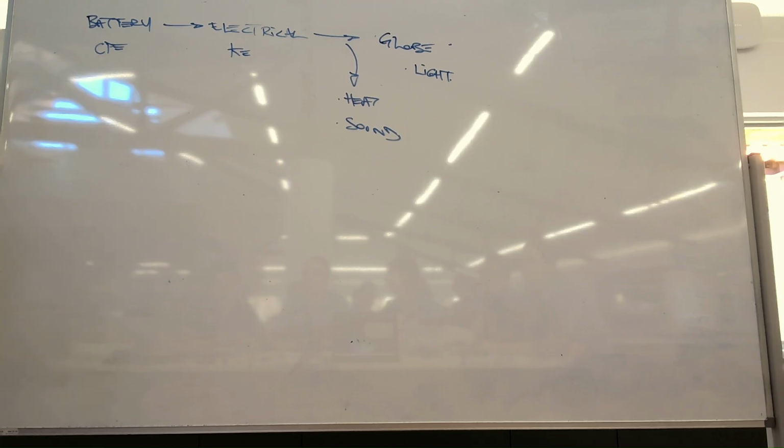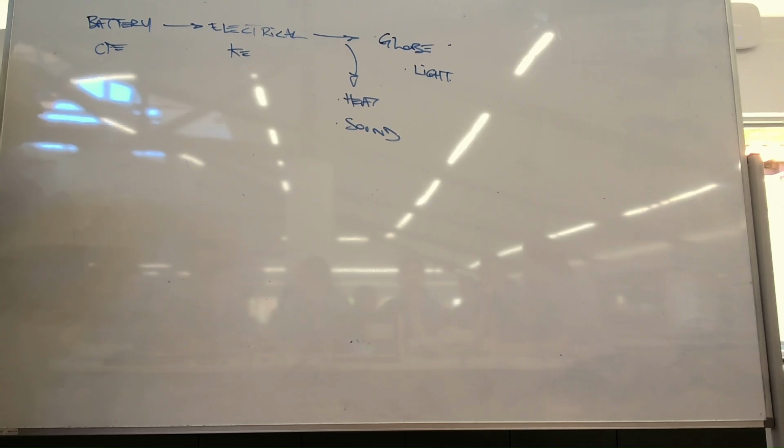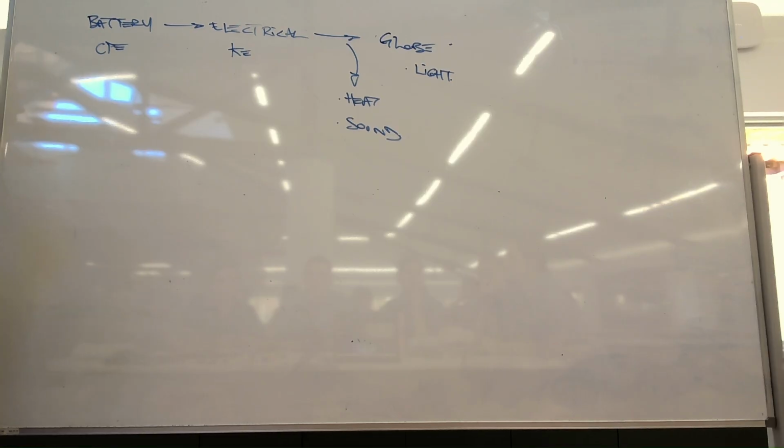Do the positive and negative ends of the battery have an effect on the transfer of energy? No, the electrons will always go from the negative electrode to the positive electrode. That's why if you put two batteries the wrong way round, the energy goes straight from one battery to the other. It doesn't go through the circuit. If you put that into a toy or a remote controlled car, the car won't go anywhere because the electricity is going straight from one battery to the other, not through the circuit to get back to the other side of the battery. Right. So you need to be able to do these. And there are many circumstances